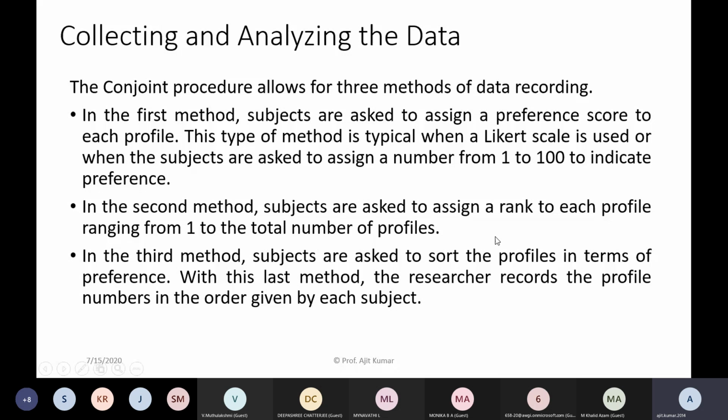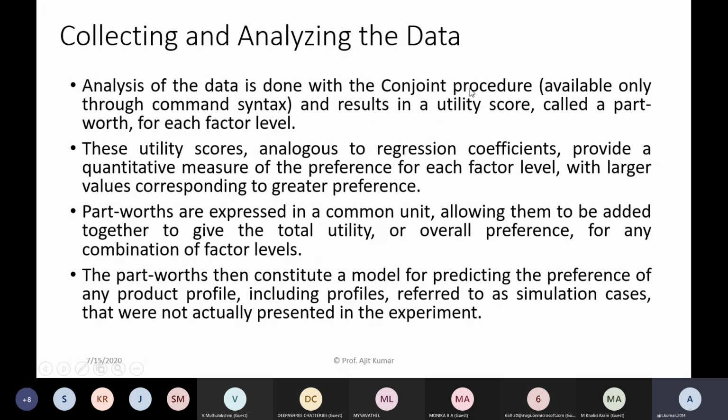Now how do we analyze? We can analyze using the conjoint procedure, which is available with SPSS. So far you might have been using the click and play model in SPSS. By that I mean that on top of the SPSS software there are certain features, right? When you click and select, let's say we need to import data, there are files, plots, a help file, a lot of tabs. But if you look for conjoint analysis, you will not find any tab or any option to use it in SPSS.